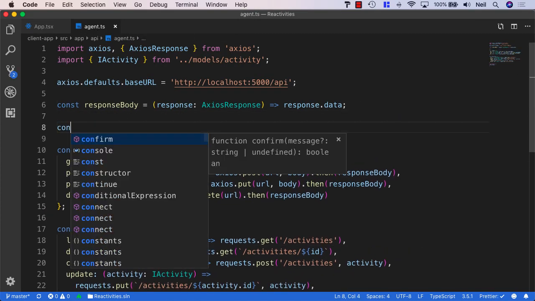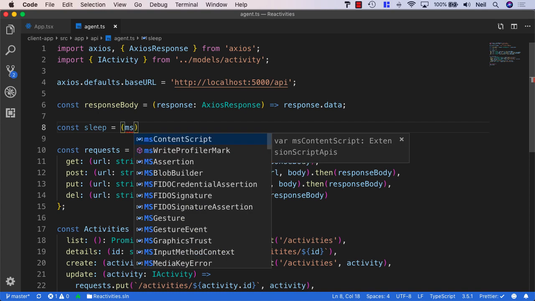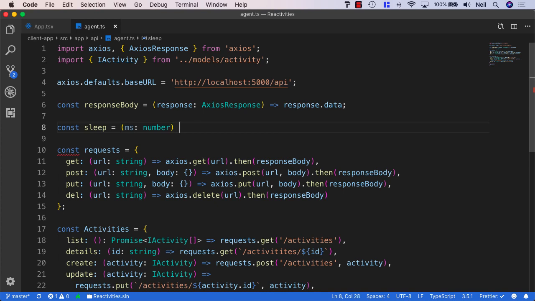So what we want to do inside here is add a sleep function so that we can delay our requests back from our API. And what we'll do is we'll say const sleep equals, and then we'll pass in the number of milliseconds as a parameter, and this will be a number. And what we're going to do here is use the process of currying a function. And currying is a process in which we can transform a function with multiple arguments into a sequence of nesting